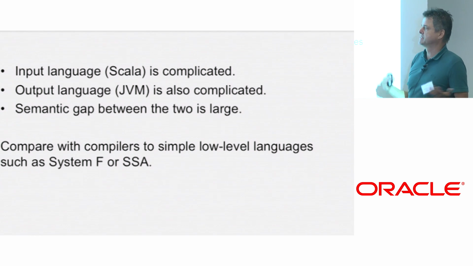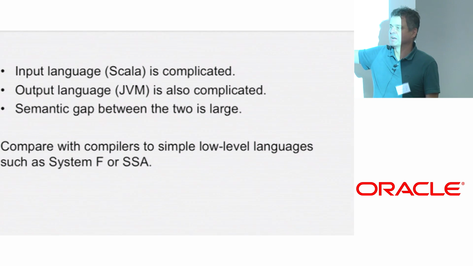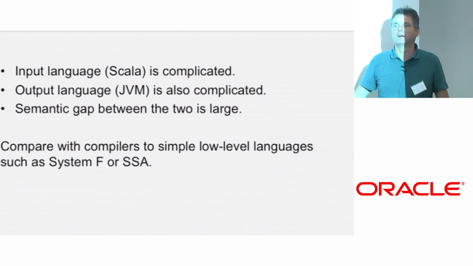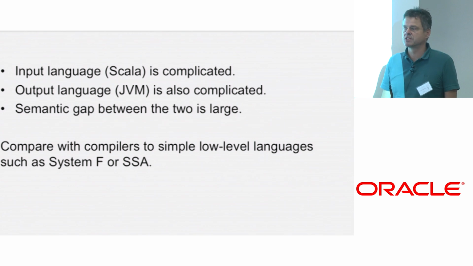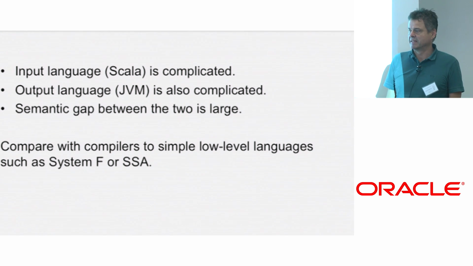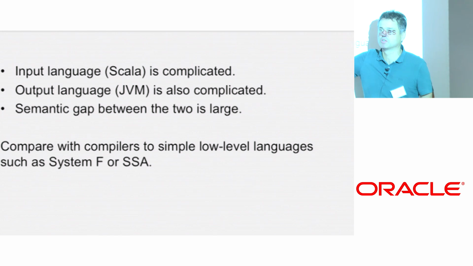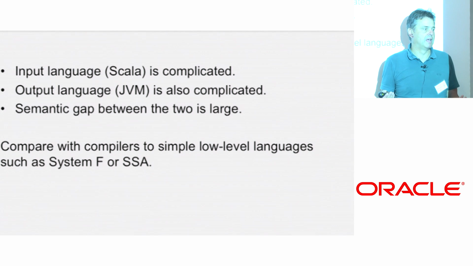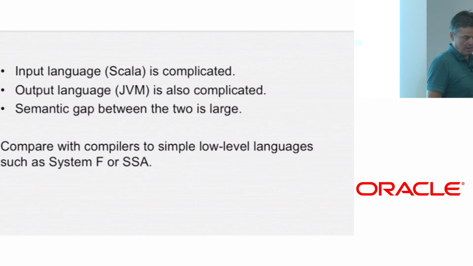If you compare to, let's say, simple low-level languages like SystemF or SSA, they have it much, much easier. For instance, the Haskell language is also a complicated language. The type checker is quite subtle and complicated. But once they're done, they map into essentially SystemF plus constraints. And that's a very simple intermediate language, which is much more malleable than what we have to do. So we can't map into that, of course, because then we cannot recover the high-level information when we want to map into the JVM and be interoperable with Java. That's why we have to stay essentially on the complex high level all the time.